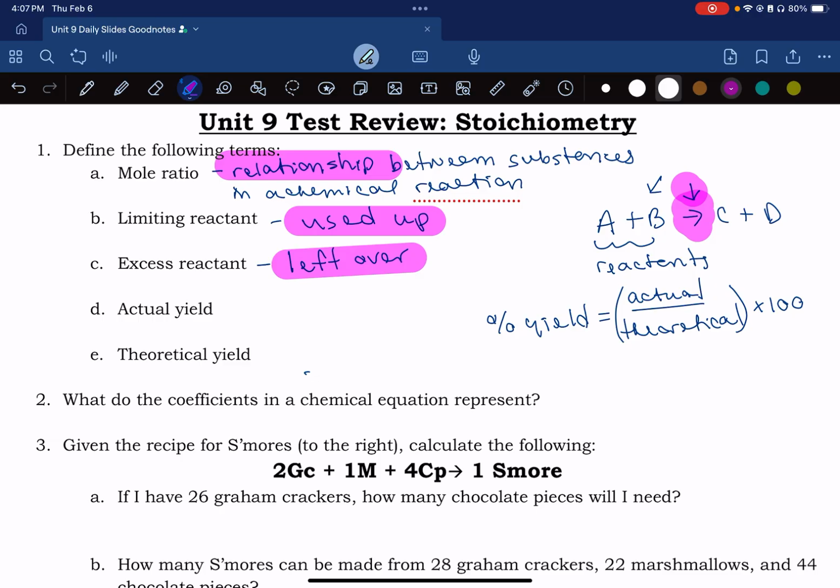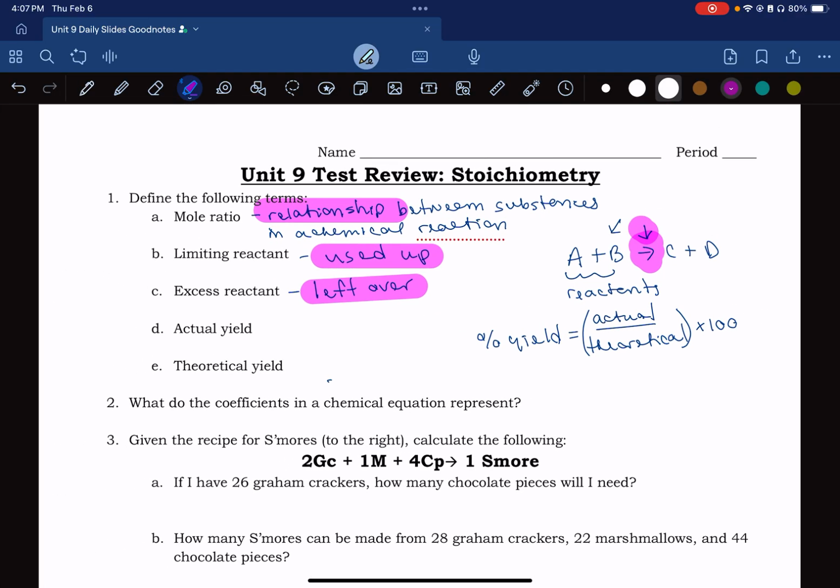In the real world, you're more likely to get under 100%, right? Because is it really possible, with the law of conservation of mass, where we can have more atoms of something than we started with? It is not. Okay, we learned last unit that we have to end with whatever we start with. All right, so that's just kind of a refresher on why we would want to do percent yield